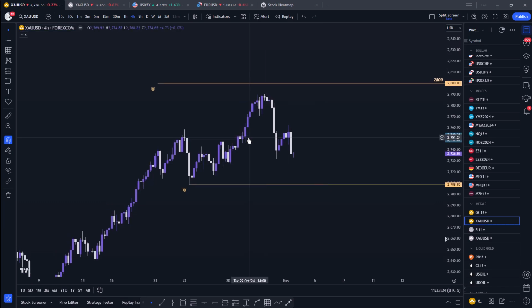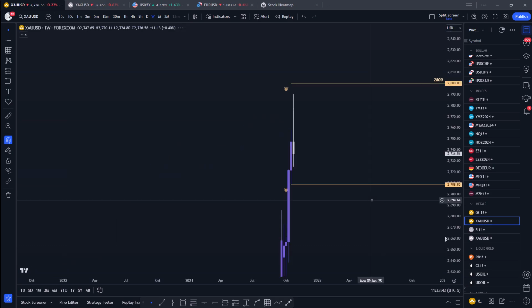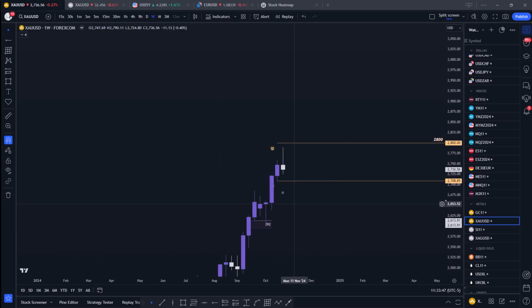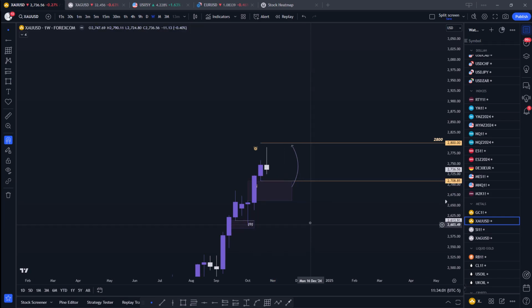The same goes with gold. We have the 2800 psychological level sitting up there and a possible continuation higher using the same weekly chart. Gold, I would not be surprised if it comes into this weekly fair value gap. Then we could have some sort of weekly internal to external range liquidity, from the fair value gap to the high. Very possible, very likely, something to keep an eye out on. So that's what I'm looking for on silver and gold.